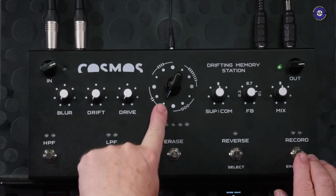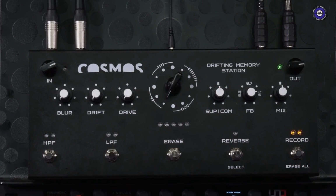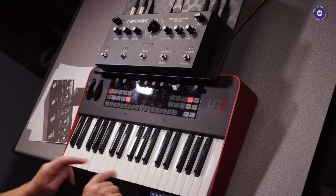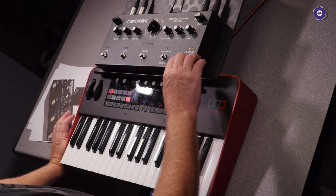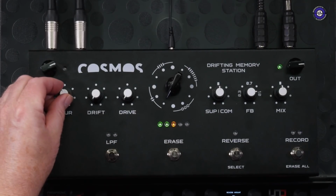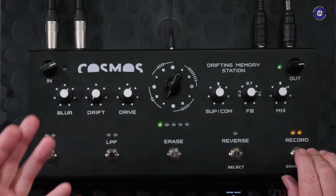I'm just going to start again on the shortest stereo delay thing, because I think that's just easier to demonstrate. So I'll just record some stuff in. That's nice. So let's now maybe blur that a bit, cross-modulate those a little bit, add a bit of drive. I can record that again, so I get,